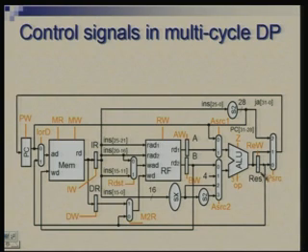and earlier we had two multiplexers which were handling the next PC value. Now, it is a single multiplexer with 3 inputs, and the control signal is labeled as P source or PC source. The memory, register file and ALU have their usual control signals, same as what we had in the single cycle data path.